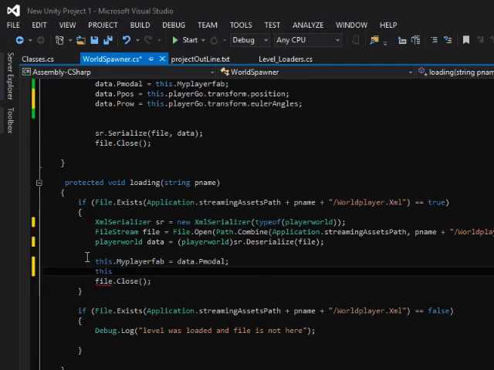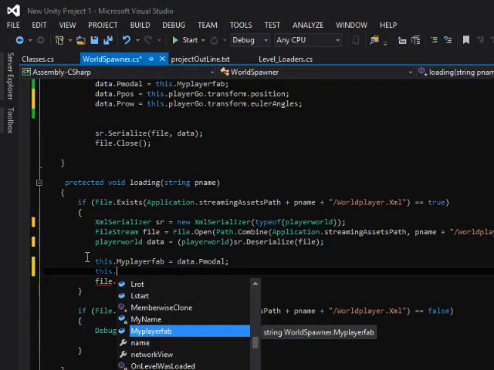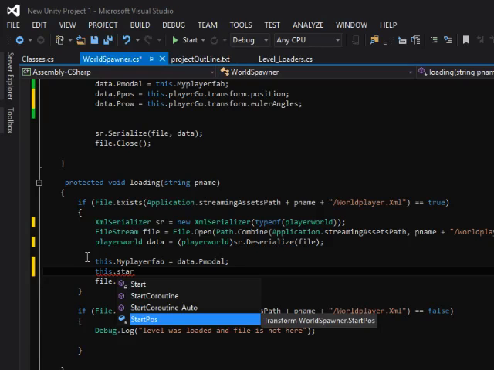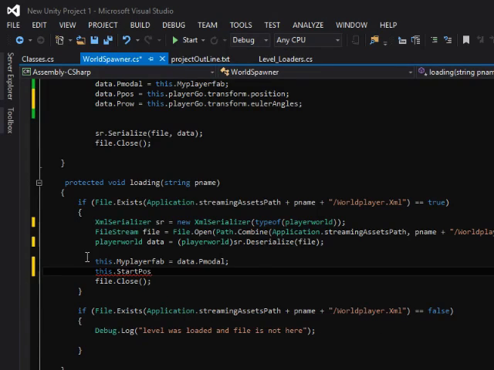And then this dot player 5, and then we go player position dot, this is where we go into our start position because it is a transform out in the world. Dot position